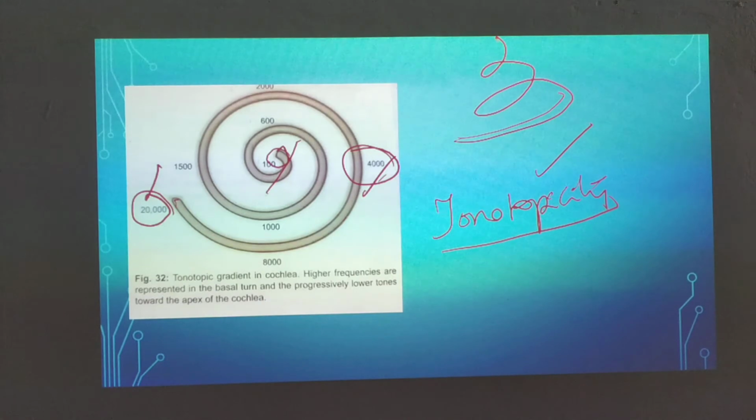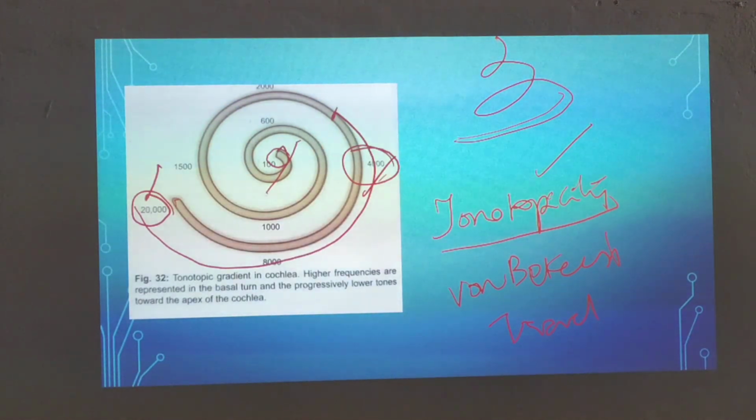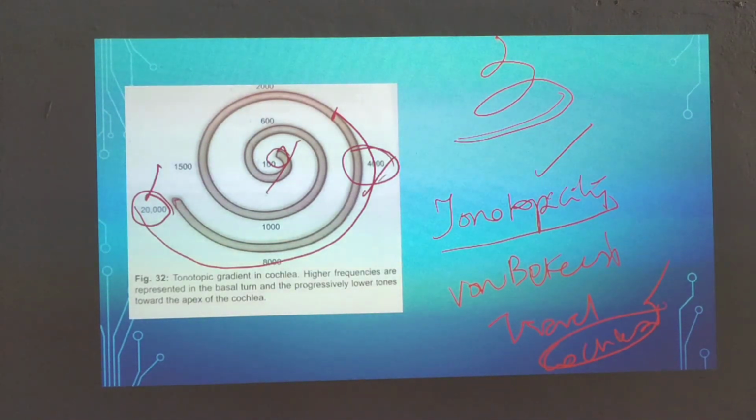This tonotopicity is very important, and there are different theories. Weaver-Bray theory, that is more important for PGs. Okay, Weaver-Bray theory, Rutherford theory, telephone theory. These theories of hearing are very important for PGs. You should be able to tell all those theories. Okay, a mixture of all these theories, and then von Bekesy's traveling wave theory. The traveling wave comes here, and somewhere it ends. Wherever the point ends, that particular frequency is perceived. This is also important for cochlear implants, that this tonotopicity is helpful for making cochlear implants also. So this is all about tonotopicity.